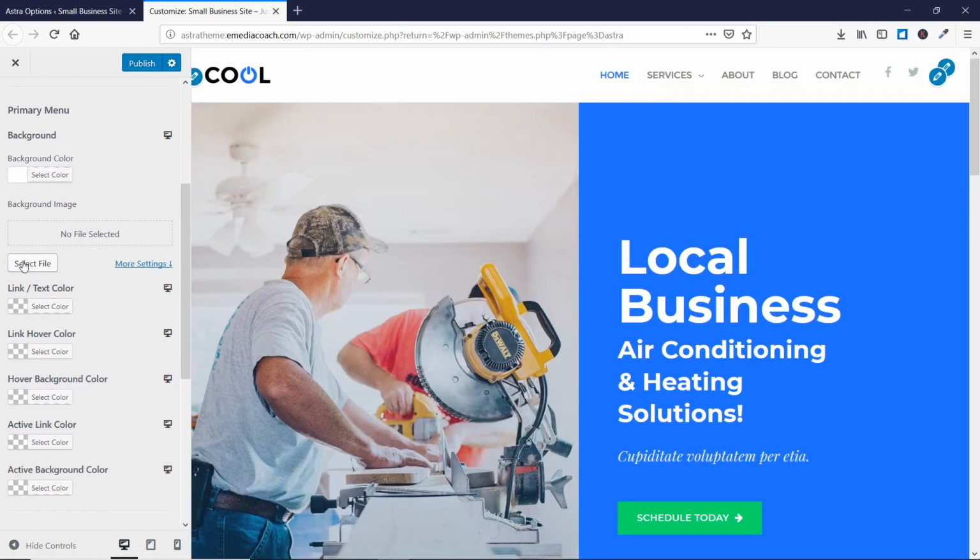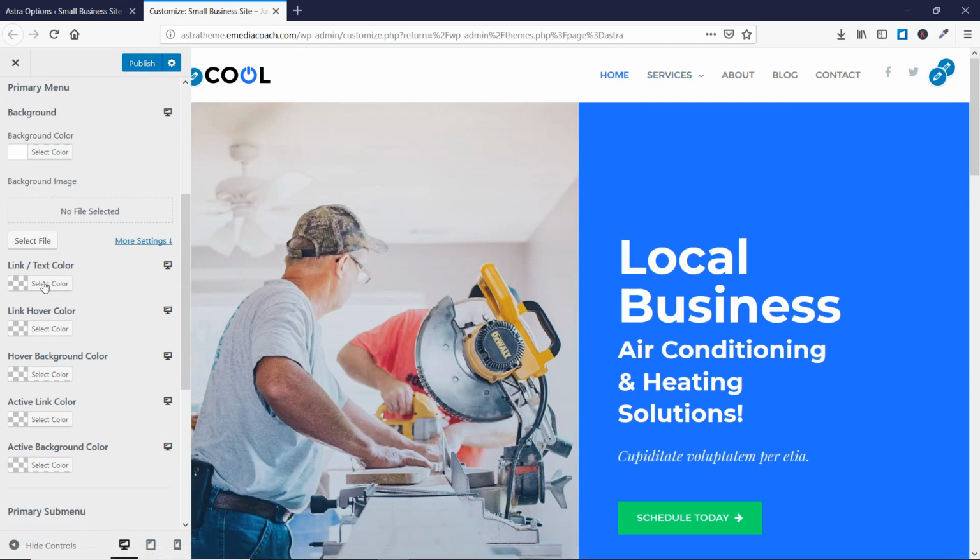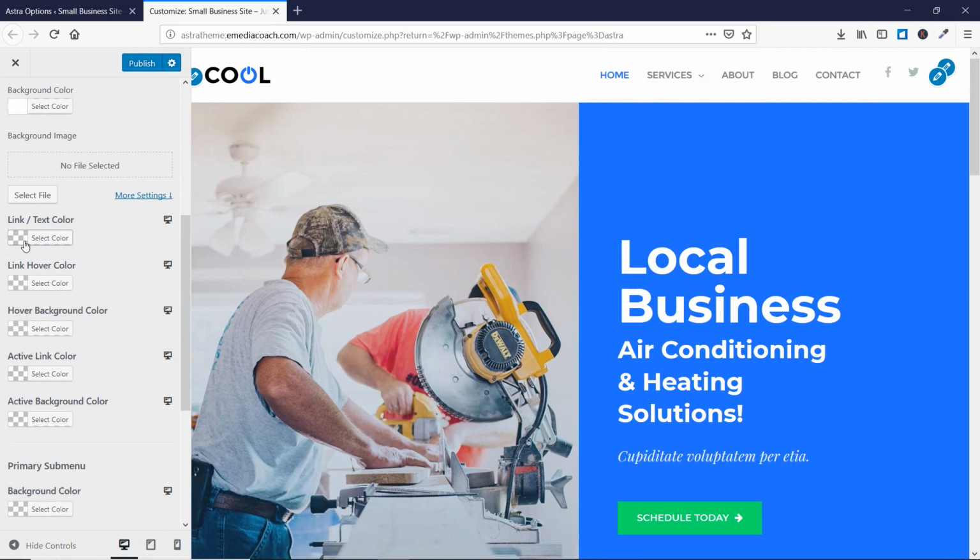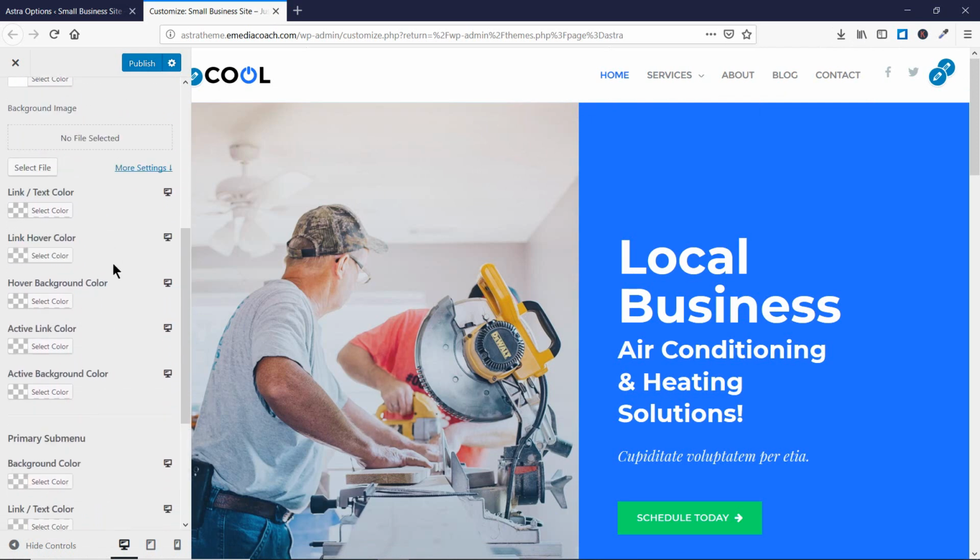Similarly, you can also select a particular background image for this particular section of the menu. Similarly, you have the options to edit the text color, the link color, the link hover color and other colors. So you can just go to each one of them specifically to test out how these features work. The text color is this color, the link color is the active link color, this one. The hover color is when I hover onto something, you see that there is blue color appearing because that is the default color. So if I select something like this,